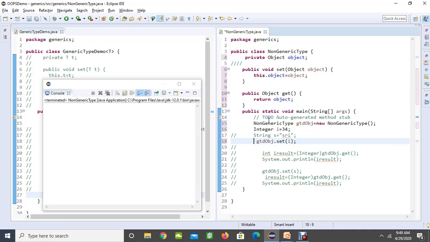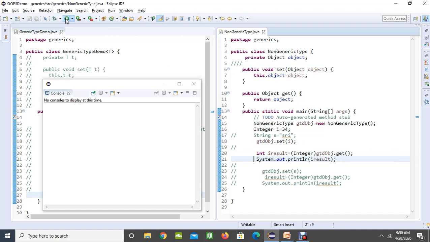Good, everything goes well until now. Then I have to convert it into the integer type, store the result and display it as output. I am going to save this and run it. Since I passed 34 and I am converting it into integer type and displaying it as output, it got displayed as 34.